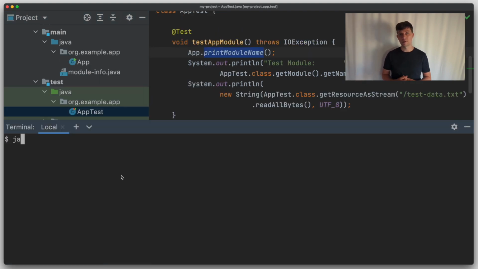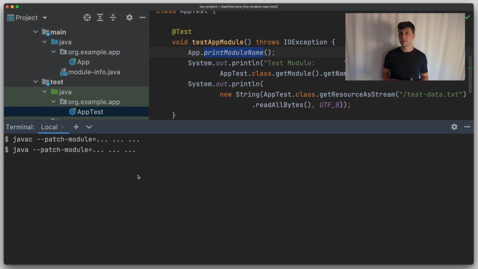If we would do this on the Java command line, we would add a number of arguments. One of them is a patch module argument that tells Java where the additional classes are, but you also need to tell it where the original compiled module is, and you might need additional options because the extended module might need to see more, so it has additional requires that were not defined in the original module-info.java file, like the requirement for JUnit. And you not only need to add these patching arguments for the Java compiler, but also for the Java runtime, so that this relationship between different artifacts that are combined to one module is also known when the tests run.